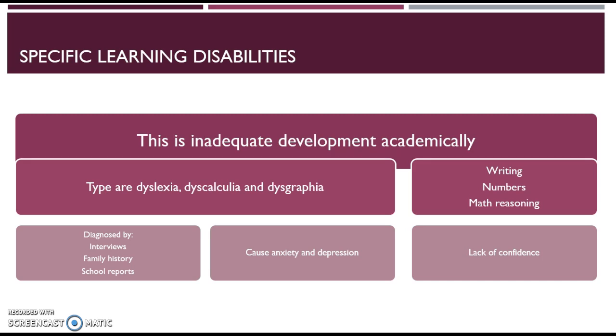And the reason to find this out is low academic skills and scores, and you can take a look and see what a child is comprehending, and then kind of go into more observing and interviewing, getting the family history and school reports on this child to see if there's an underlying issue. I think this can also cause the student to have anxiety, not want to go to school, not want to learn, not have the confidence, hide, be very shy and reserved because they don't understand and are embarrassed by that.